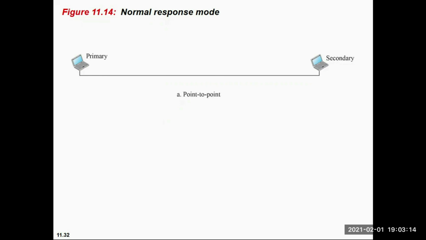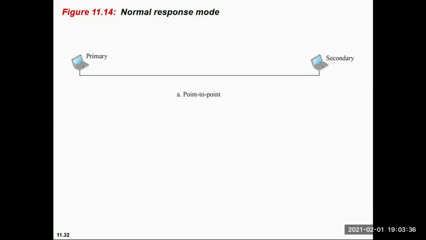The secondary station operates under the control of a primary station, and the primary station sends commands, known as frames, to the secondary station under it. The secondary station can then send frames called responses.